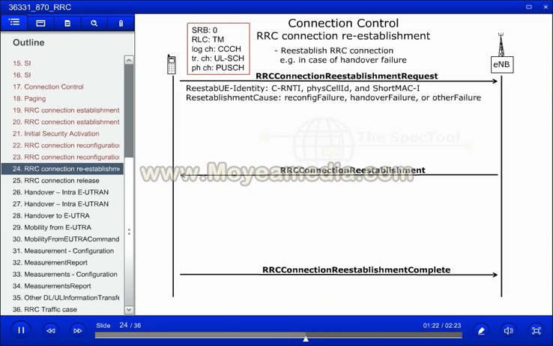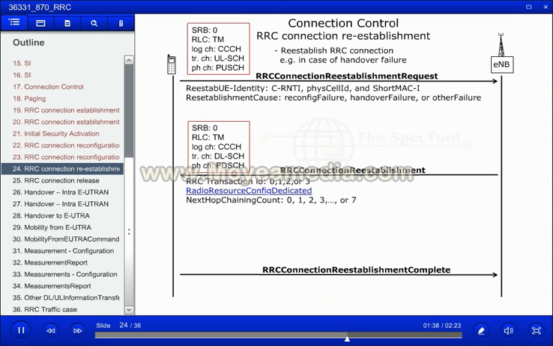In response to this message, the eNode B will send the RRC connection re-establishment message, also on signaling radio bearer 0 on common control channel. This message contains an RRC transaction ID, the radio resource config dedicated information element, and the parameter next hop chaining count. In case of successful re-establishment, the UE will respond with the RRC connection re-establishment complete message, sent on the